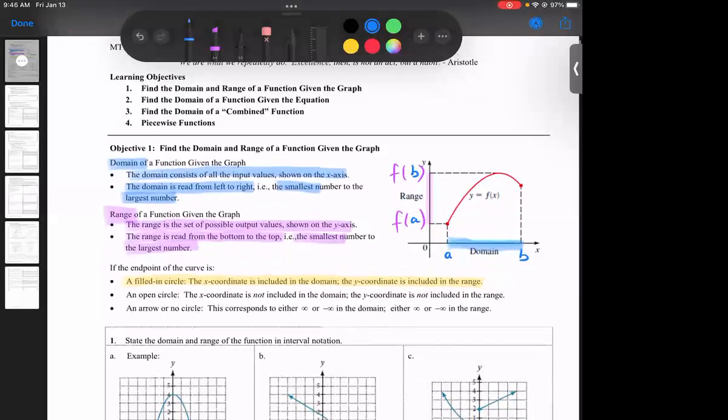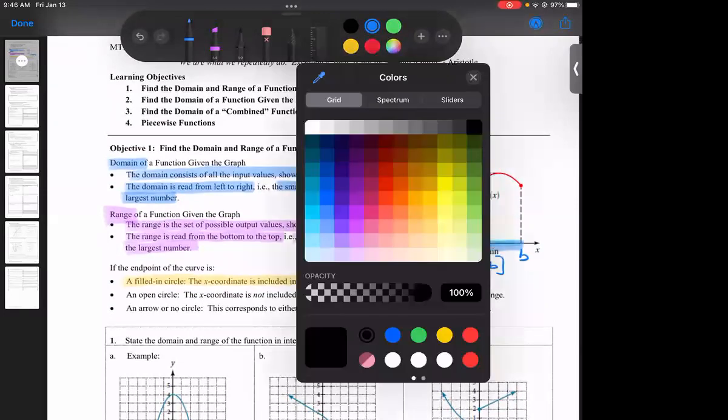So the domain will be what? I'm sorry, the range will be what? What's the height? It goes from f of a to f of b, yeah? Are f of a and f of b included? Yes. So the domain goes from A to B, and because A and B are included, we can use the bracket. And the range is f of a